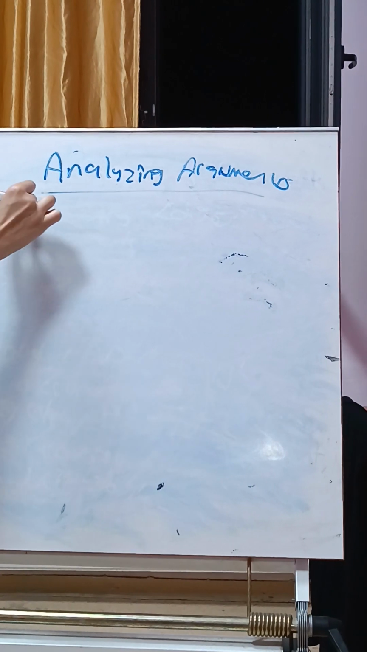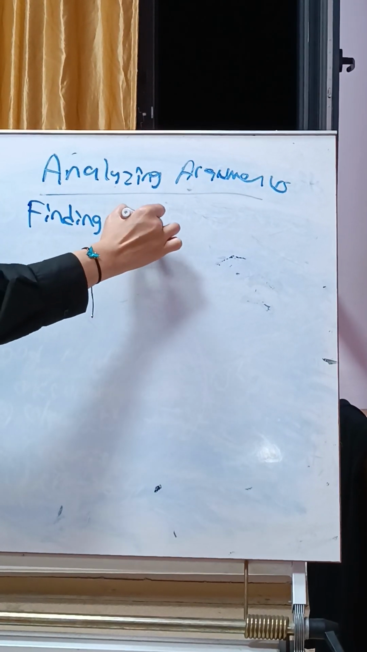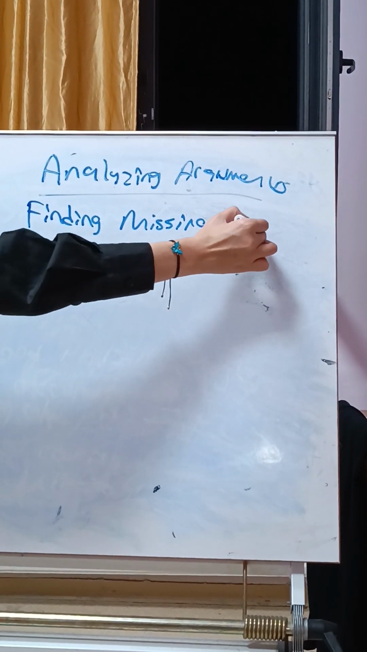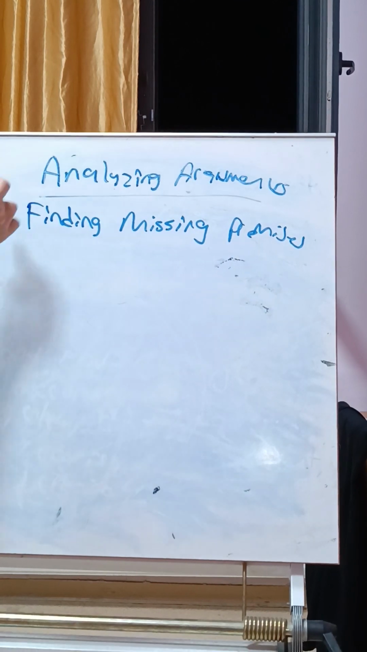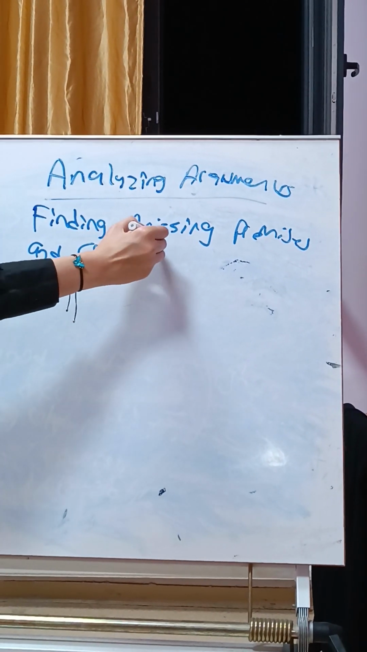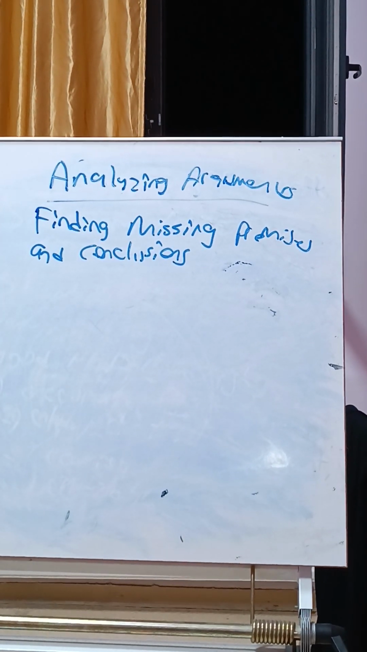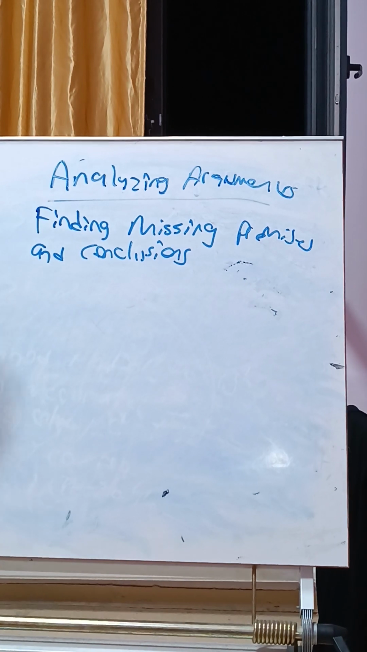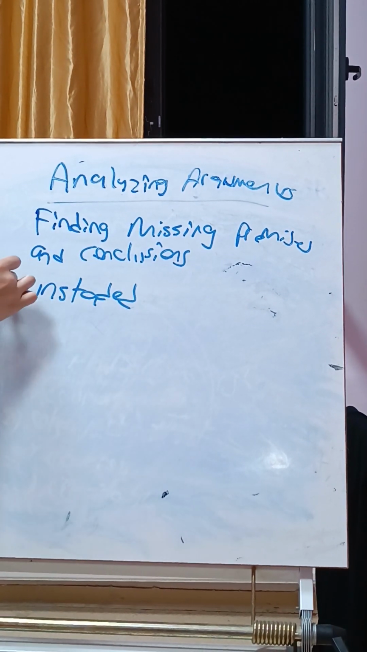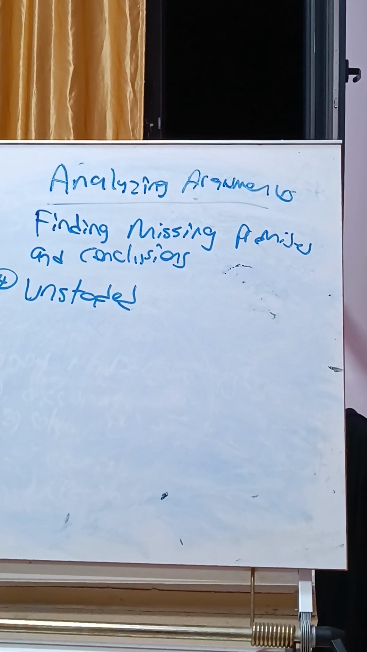Now, let's talk about finding missing premises and conclusions. In real life, people often leave part of their argument unstated. Sometimes a premise is left unstated. For example,